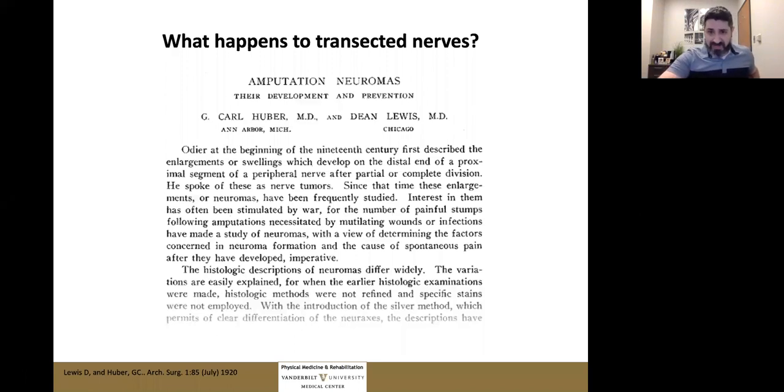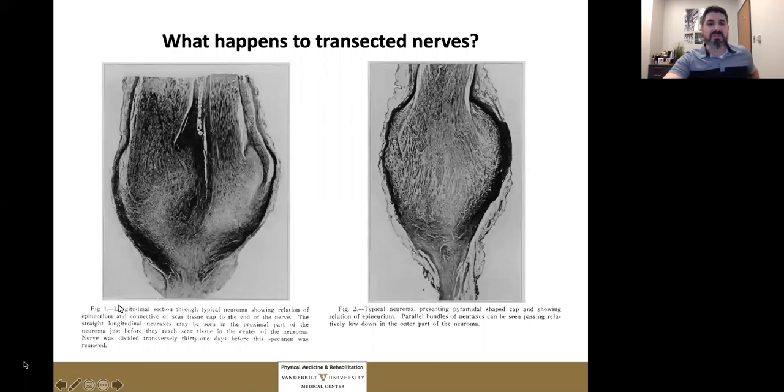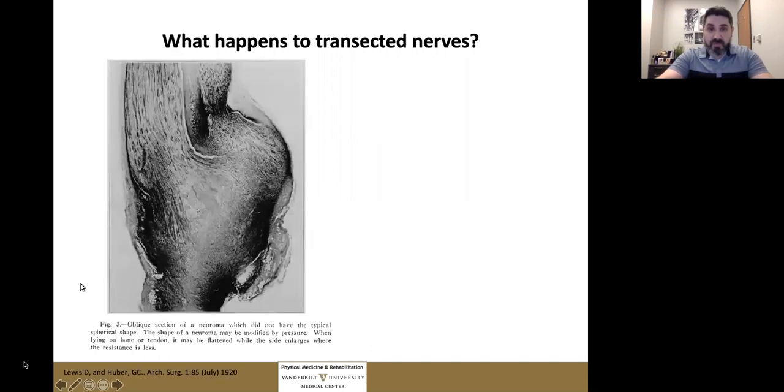way back in the day, they looked at histologic examinations. This is what they would see. So this is quite literally a nerve stump that's developed a neuroma. And what you end up seeing, here's one that's slightly deformed because, as they mentioned, the shape of a neuroma may be modified by pressure. It's responsive. When lying on bone or tendon, it may be flattened while the side enlarges where the resistance